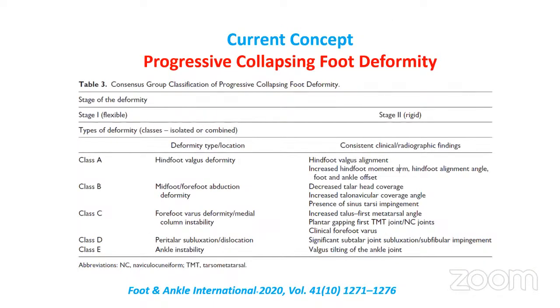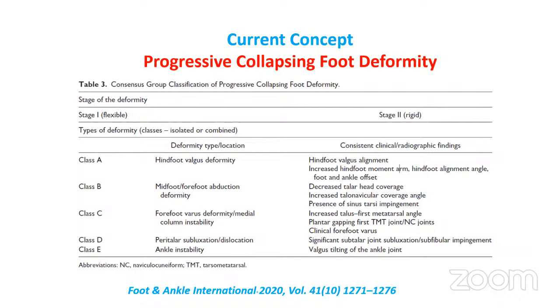Now, this is the current concept which is being spoken of, and this was announced in 2020: all these days what we have used to classify as an adult acquired flat foot is probably a lot more than what we were thinking. It's not only the tibialis posterior. There are multiple causes which are causing it, and so with that only two things can come out of this. Either the foot is flexible or it is rigid.